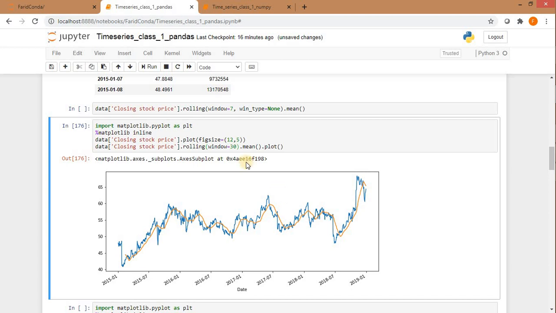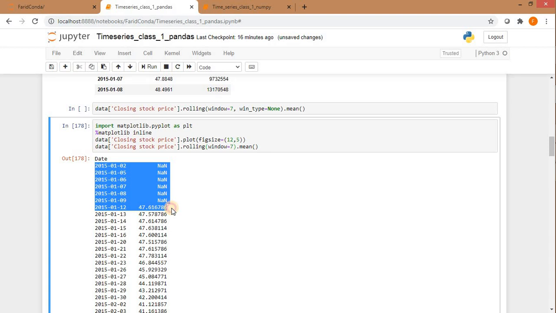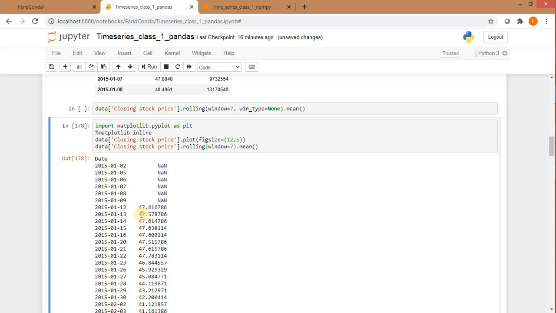Okay, so let's see what the output of this function is. So I am removing the plot here. Then it will produce the results. Let me give 7 so that it will be easy for us to calculate. When I say window 7, it will take the values of the first 7 records of the table, and it will perform the average, and it will give that average value to the 7th day. When it comes to the 8th, in the next iteration, it will leave the first one, take the next 7, perform the average, and assign that value to the last record in the window. So this is how it works.